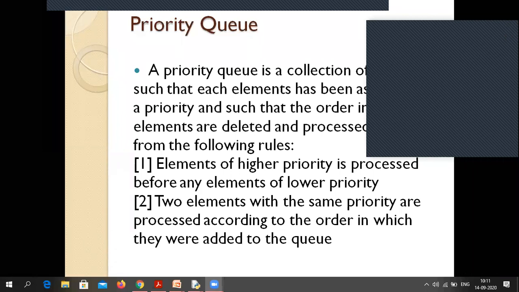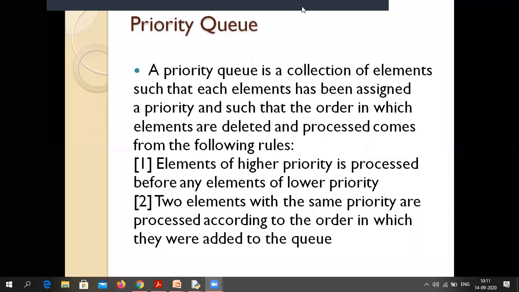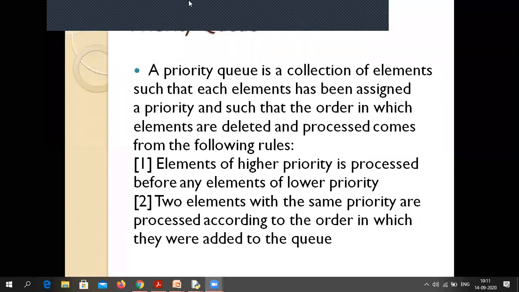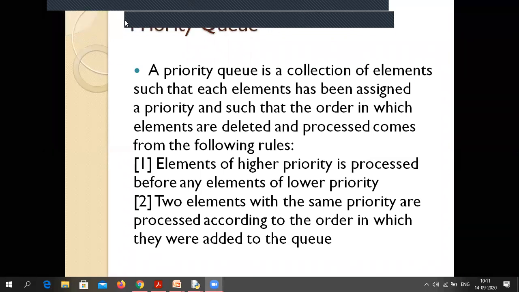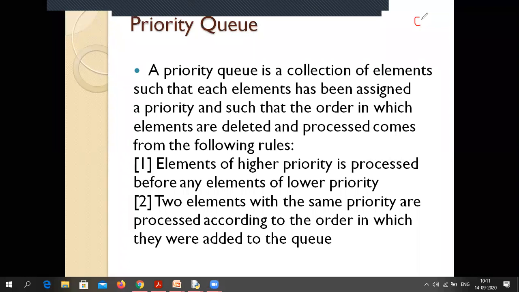Here selecting means in your class there were 80 students. I'm selecting. Selecting means I'm deleting those 2 students who are very good in programming and they will go to that tech fest. Okay. Now in case of computer, where this thing is being used within your computer, I had given you one example that suppose you want to run 4 to 5 programs. You have given the command to run 4 to 5 programs.